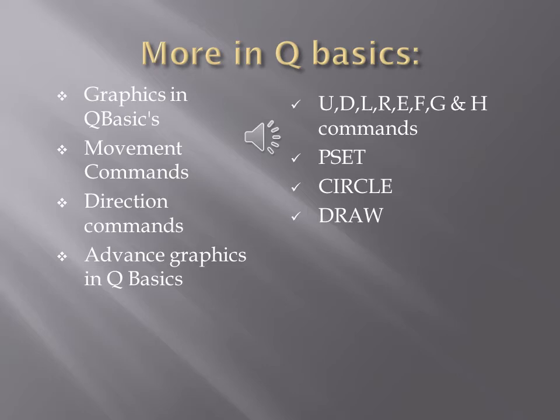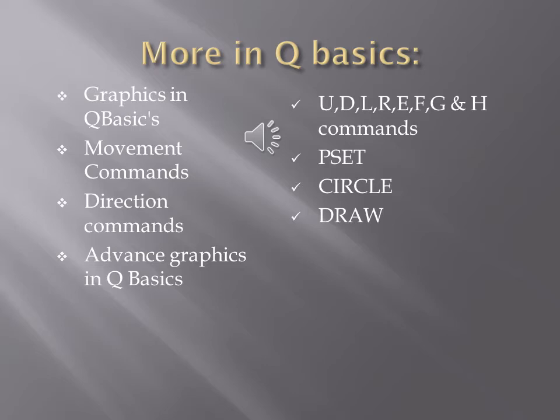On the next page, number 90, you can see the topic direction commands in QBasic. A lot of direction commands are mentioned here, as we have already learned in class and through the DLP as well. We will revise them here, going through these commands and their purposes. The first one is the U command. The U command is used for the upward direction. If you would like to draw a line in the upward direction in QBasic, you have to use the U command for that purpose.